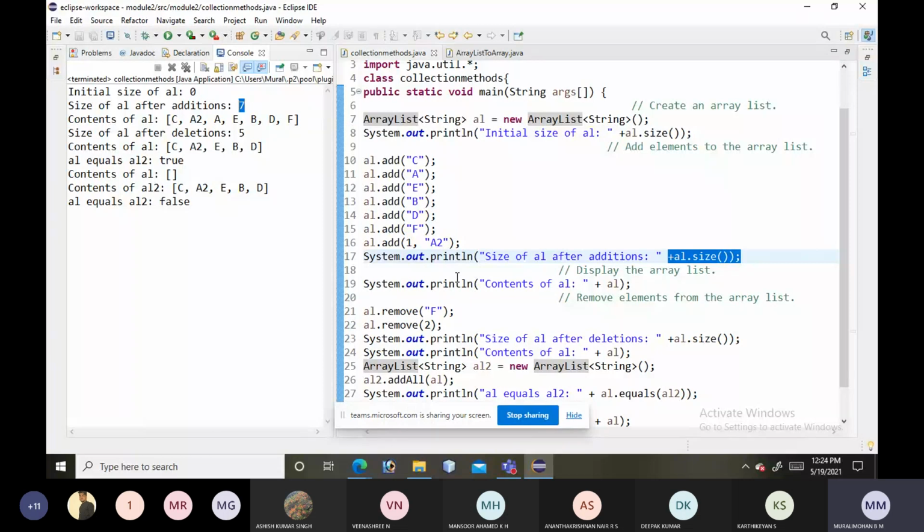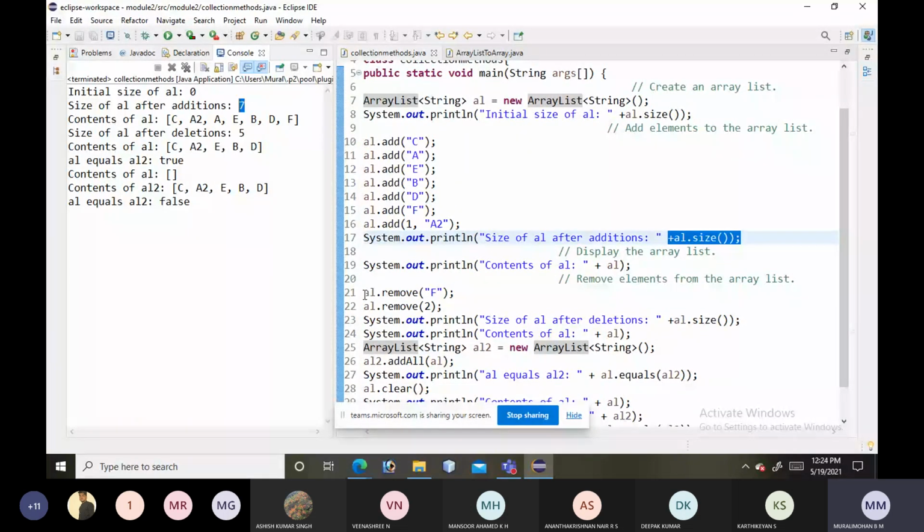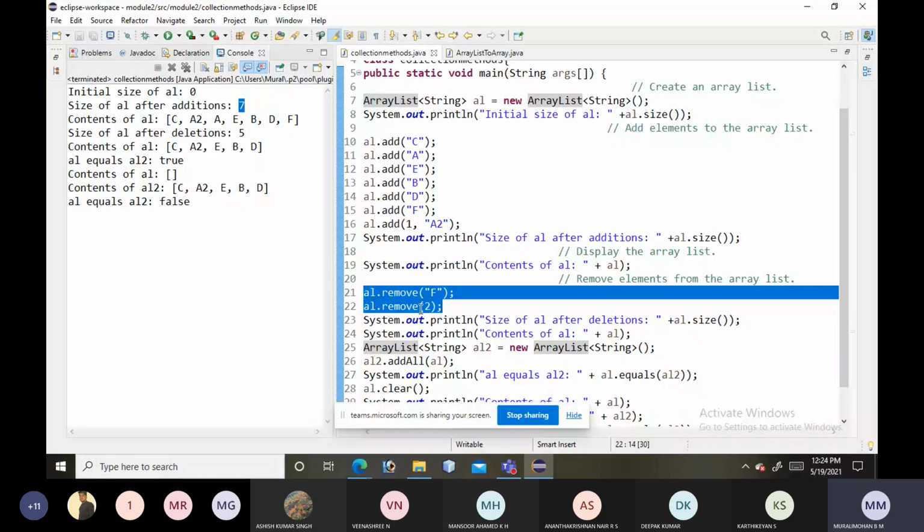Here you can see we are removing the strings from the array list, and after removing, dynamically it decreases the size of the array list. Hence we can come to a conclusion: array list is a dynamic array. To support a dynamic array, we will use the array list collection class.